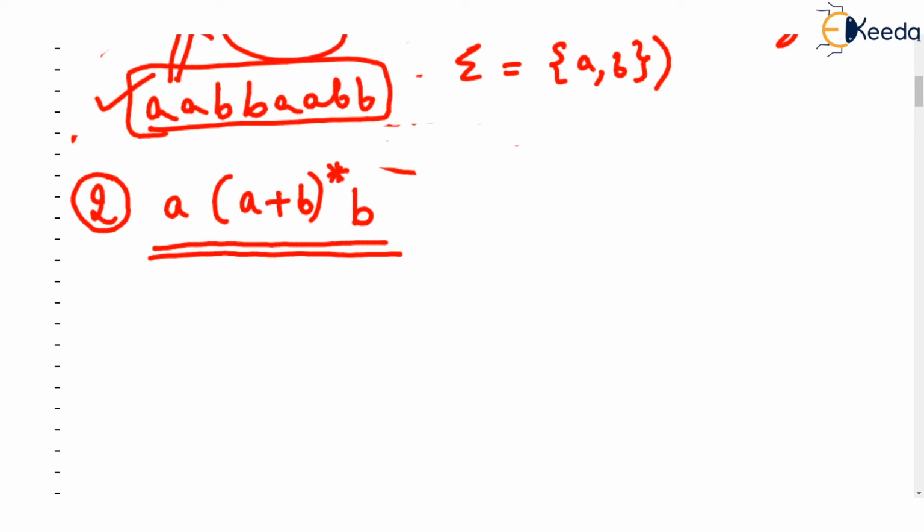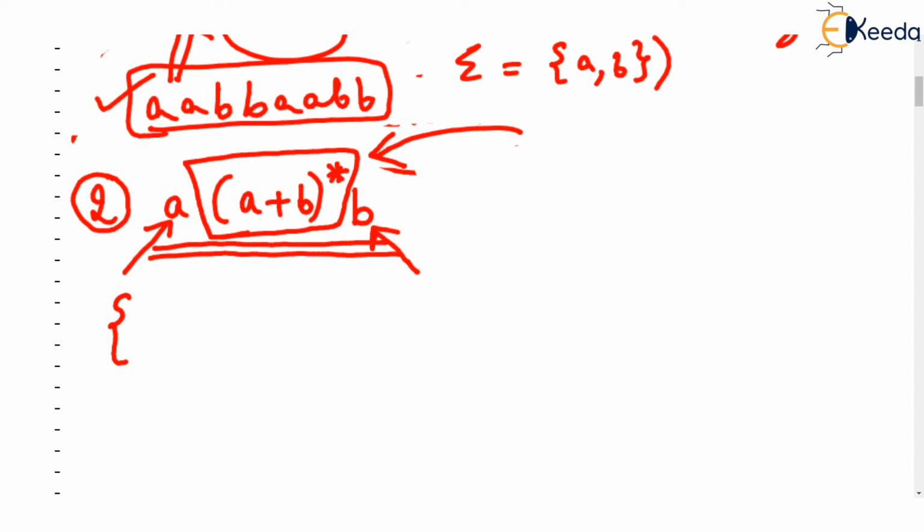It is understood that all the strings accepted by this regular expression must begin with a. The string must begin with a and must end with b. The last letter should be b. That means whatever strings are accepted will have first letter a, last letter b, and what about in between the two? How do you read this component? You say in between the first a and the last b, there can be any substring. It is part of the string. It can be any substring made up of a or b of any length. Check my words, any length.